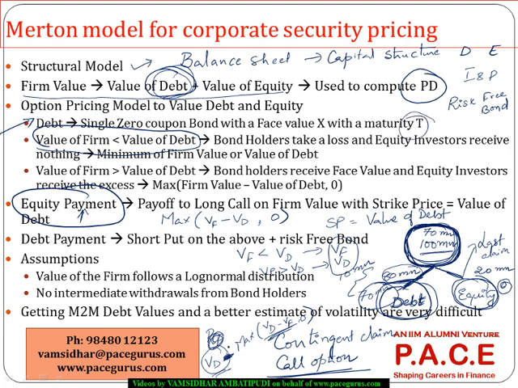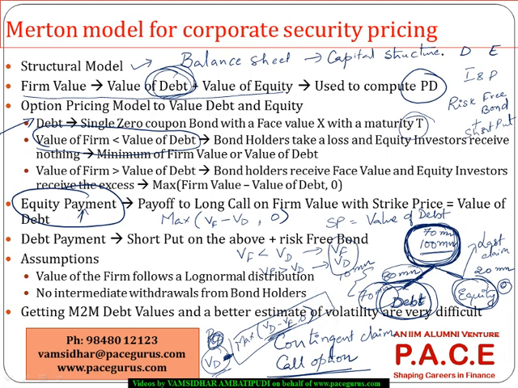So when I say value of debt, it's a risk-free zero coupon bond, and at the same time it has a short put position. When will the short put position gain? In case of a short put position, if the value of the firm is greater than the value of the debt, there is no loss. But if the value of the firm is lesser than the value of the debt, there is a loss